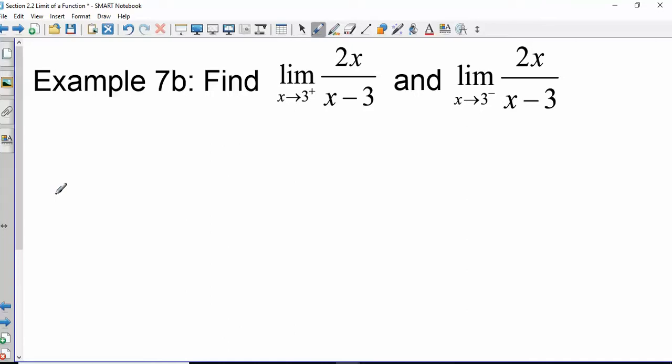All right, so we could do a graph here. We graphed rational functions back in college algebra, but there were a lot of steps to that. We could also just make a chart. If you're approaching from the right, you're putting in things bigger than 3. So 3.1, 3.01, 3.001. So if I plug those in,